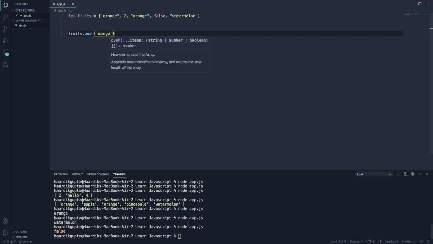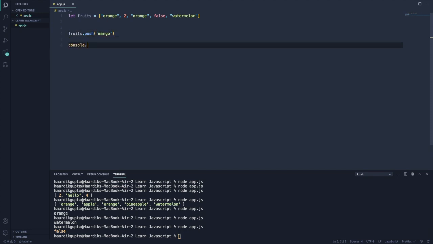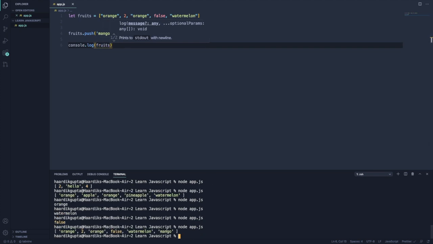mango. I want to do a fruit. Well then, it's going to get pushed, and I can console.log fruits to take a look at what it looks like after that. And if we take a look, boom, mango has been added to this array as a 6th value. We could also go ahead and print out the value based off index. So we know that's going to be the 6th item added at index 5. And because it's already going to be pushed in, this should work, and it should show us